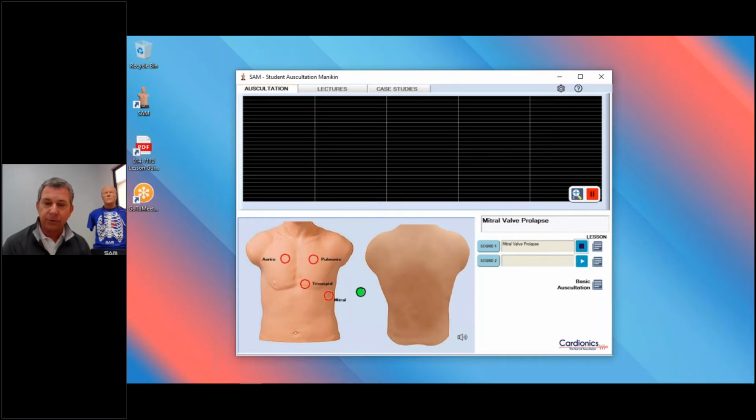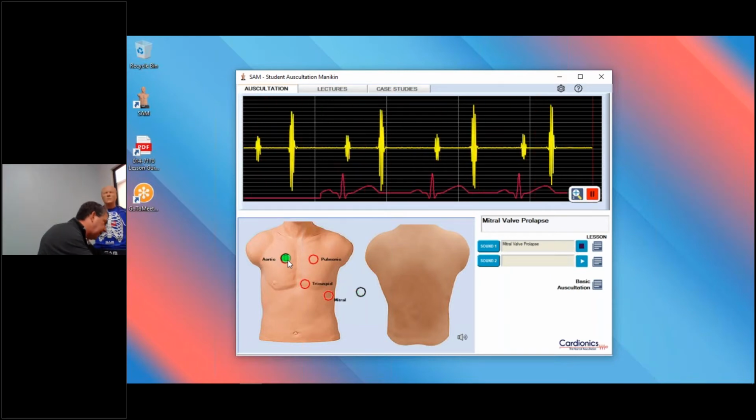And it's right now transferring the sound to, looks like 4 of the 15 speakers in SAM. So once that box turns a solid blue, the sounds can now be heard through SAM3G using a stethoscope. But I want you to be able to hear the sounds through the speaker. So I'm going to click on one of the regions. Let's start with the aortic region. And with my speaker on,